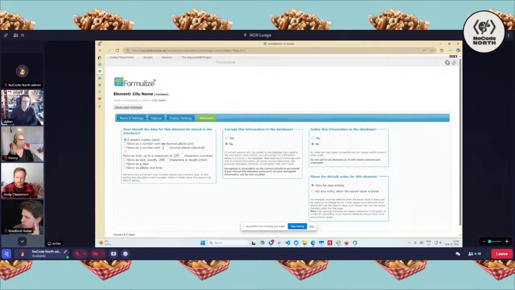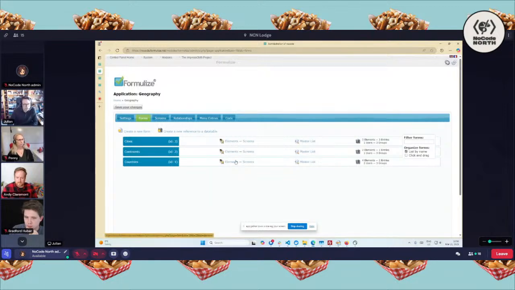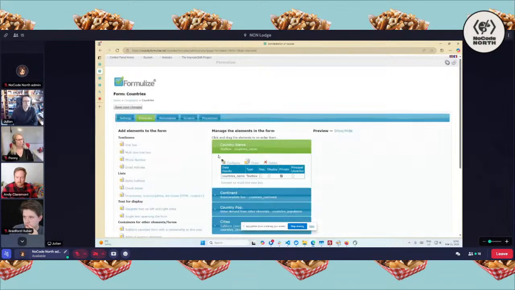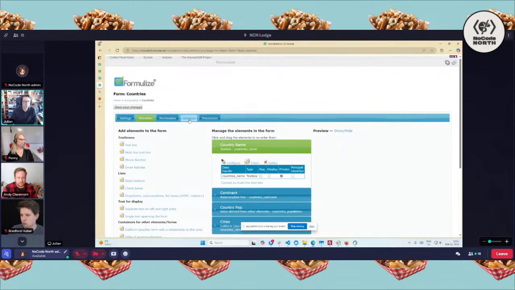And database stuff too, if you need to control what the type is in the database itself, or should you encrypt it, or does it need to be indexed? You have that level of control too. And you can do bits of code if or when you need to. For example, actually, is it open? Yeah, I got it here. The country population, you can write a little snippet of code if you need to do things here and there. And you can get into all kinds of code, because for example, screens,